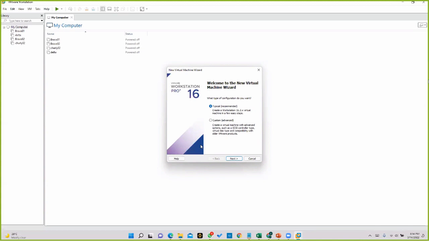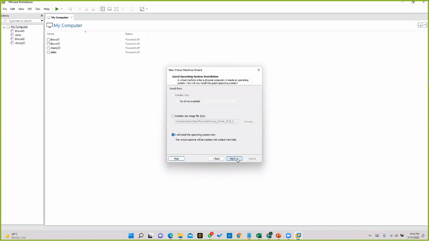You can select the SCSI adapter types and virtual disk. All this you can select as you wish if you select custom installation. If you select typical, that would be the recommended way, right? We'll choose it, and then it's direct to the guest operating system installation.